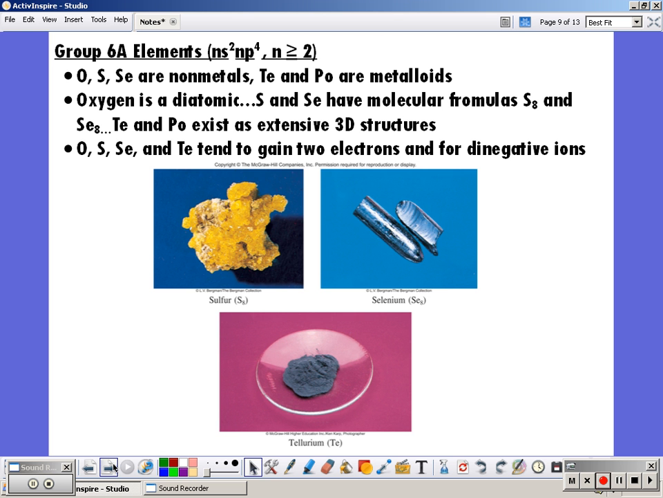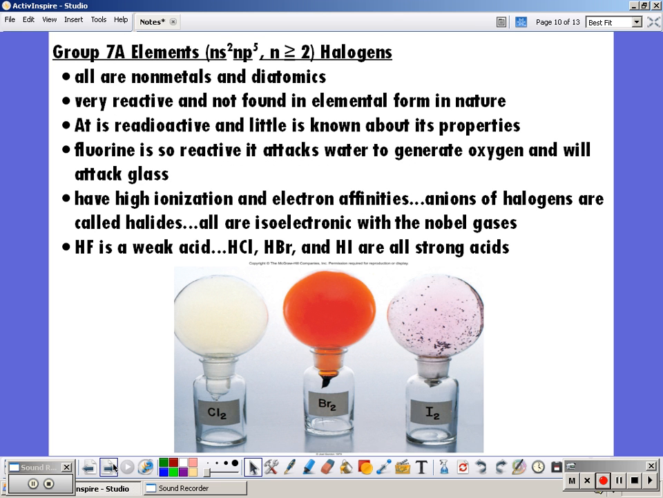Group 17, or our halogens, are all nonmetals and they're all diatomics. Now we're not talking about astatine because it's actually radioactive and we don't know a whole bunch about its properties, and some periodic tables actually label it as a metalloid. So the rest of them, from fluorine down to iodine, are very reactive and not found in elemental form in